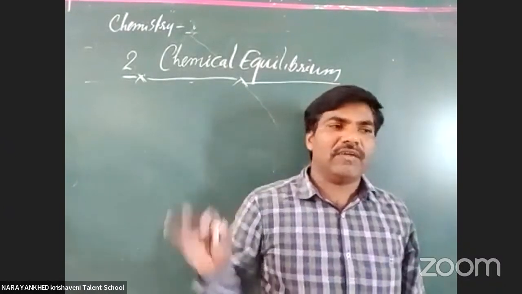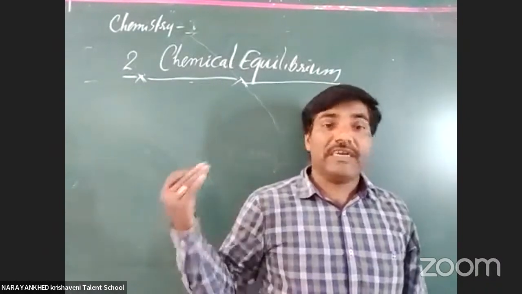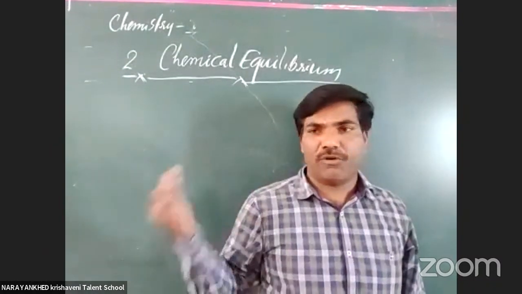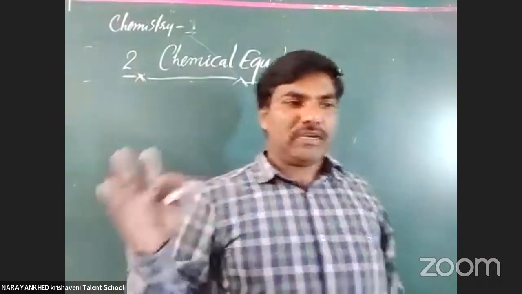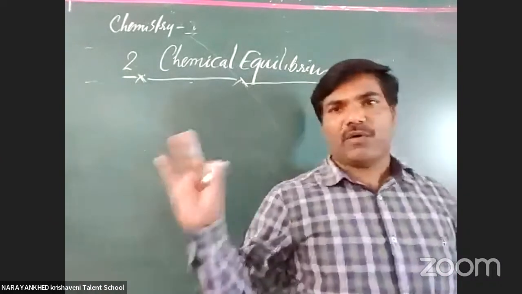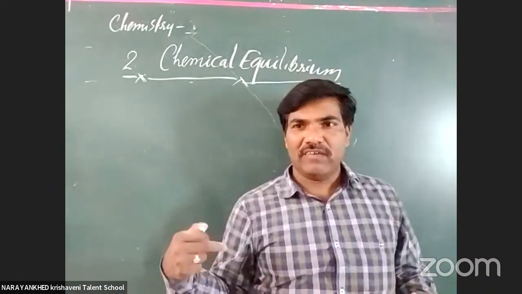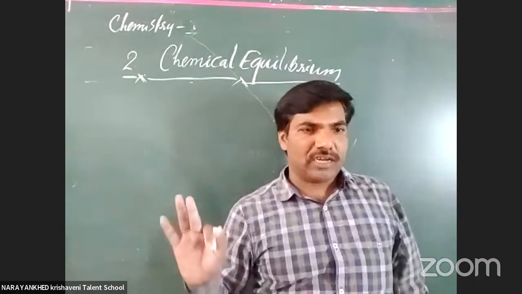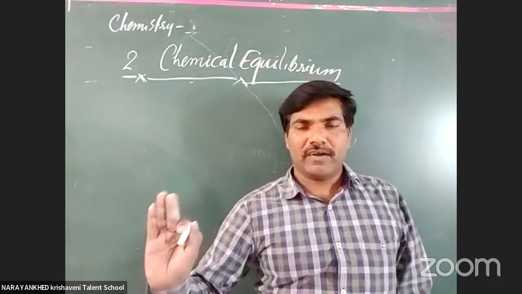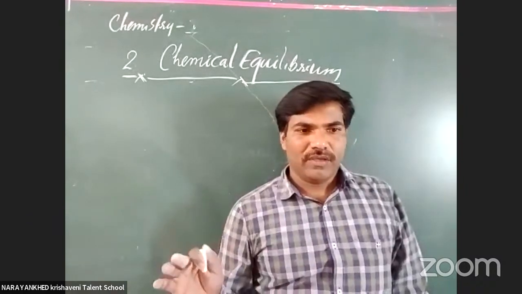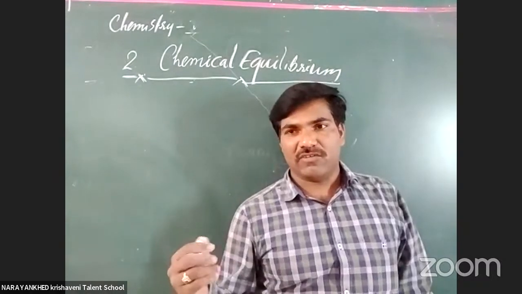Totally, whatever changes are coming, that is because of equilibrium. In the environment, cyclones are formed because of what? Pressure equilibrium as well as wind equilibrium. Somewhere there is more wind pressure, somewhere there is less wind pressure. We want to make our earth an equilibrium. Clear or not? When our body is steady, our body's organs are under equilibrium only. One is in equilibrium with another one. At that time only it will be stabilized. But you have to know what is physical change and what is chemical change.